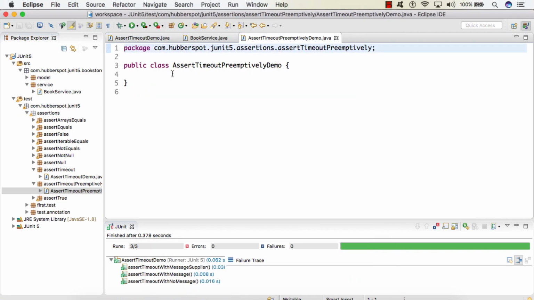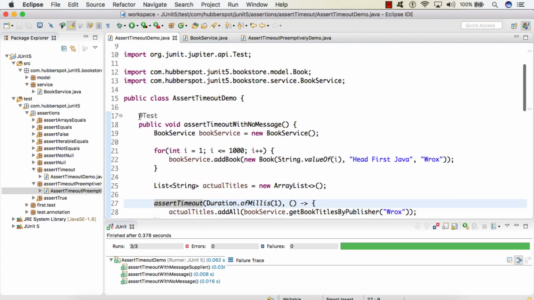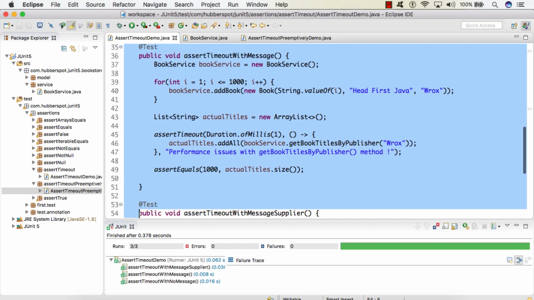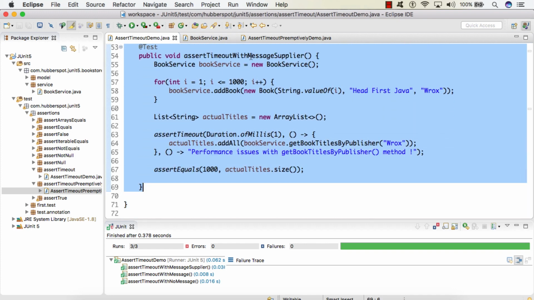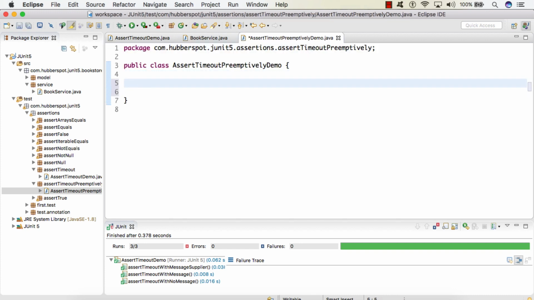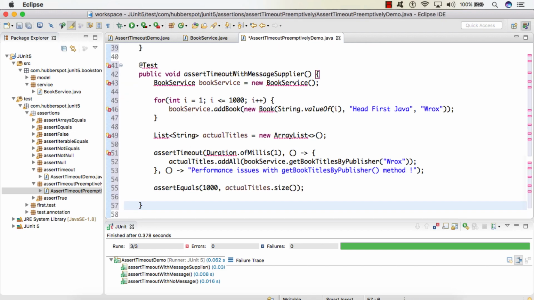So friends, as most of the functionality of assertTimeout and assertTimeoutPreemptively is the same, I will just copy all the three test cases and reuse them in the AssertTimeoutPreemptivelyDemo class, and I will show you the difference between assertTimeout and assertTimeoutPreemptively. So here I will just paste the three methods.